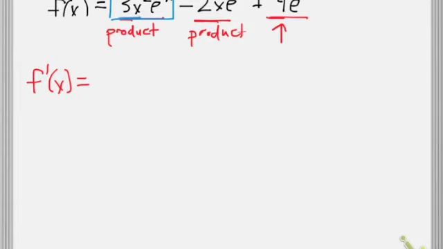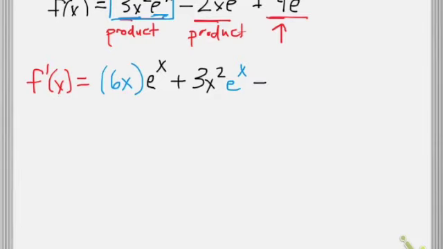The first function is 3x squared, so my derivative is 6x times the second function, which is just e to the x, plus 3x squared, that's the first function, times the derivative of e to the x, which we know now is just e to the x,